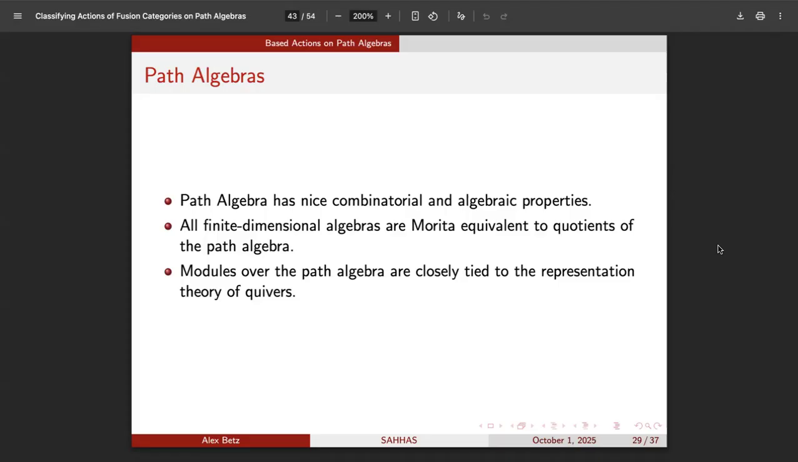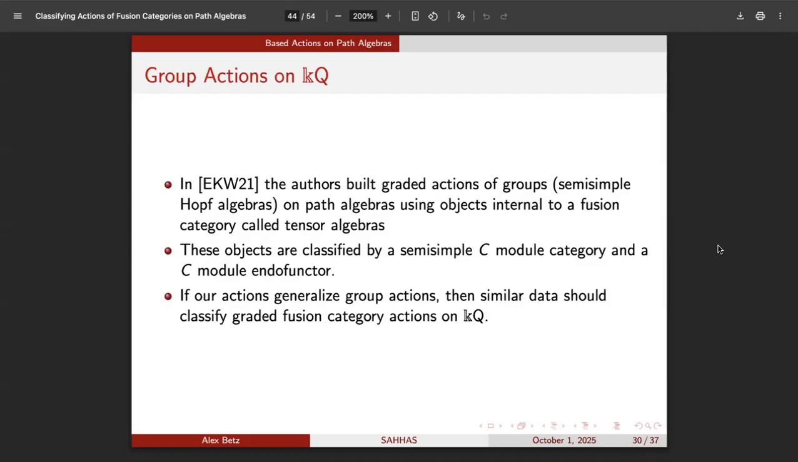Modules of the path algebra are closely tied to representation theory of quivers. So it has both an algebraic motivation, that if you understand the path algebra and its quotients, you understand all finite dimensional algebras up to some equivalence, and there's some combinatorial motivation as well. So what I want to do is set the scene of what's already been done